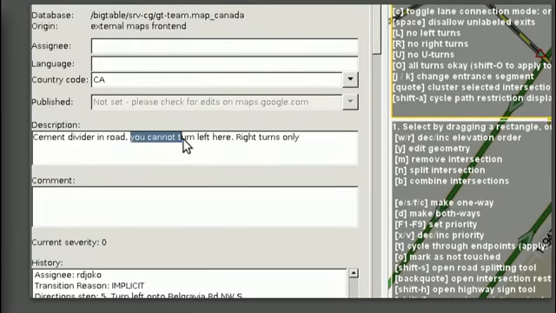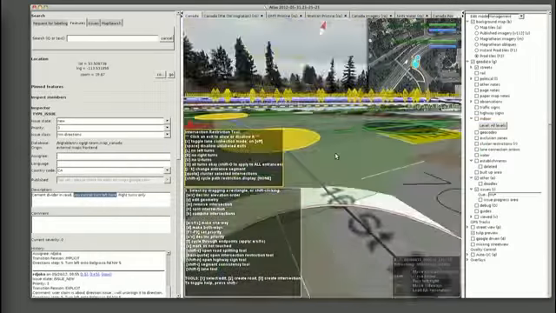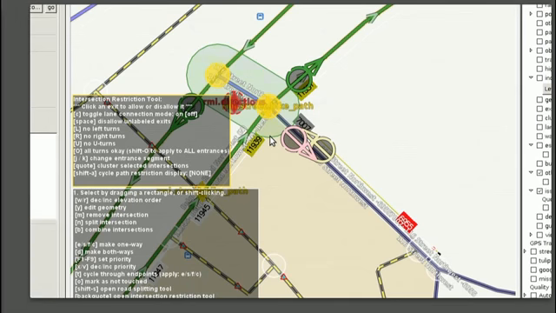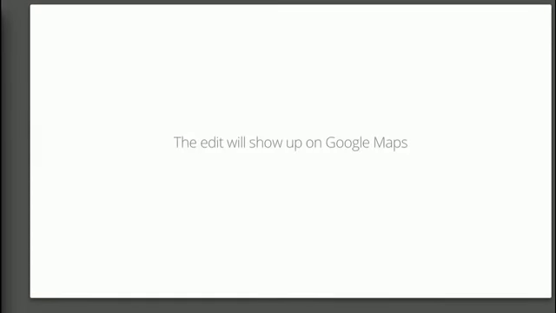They can look at the text as well as what they see in the area, the various state of the intersection and the turn restrictions we've been discussing, all of the overlaid vector data, and also the imagery to decide that, yes, in fact, this left turn shouldn't be allowed. They restrict it, and then the edit goes live.